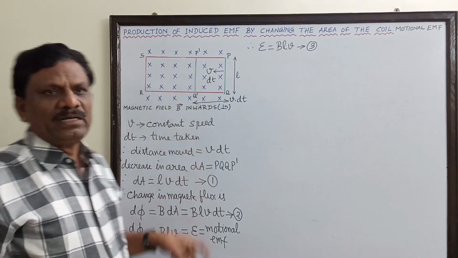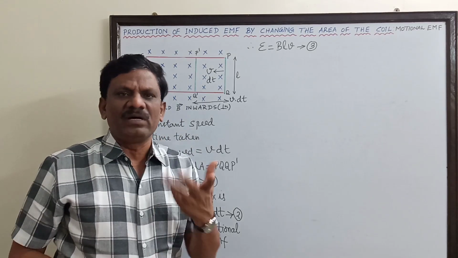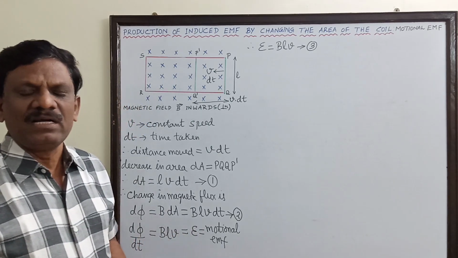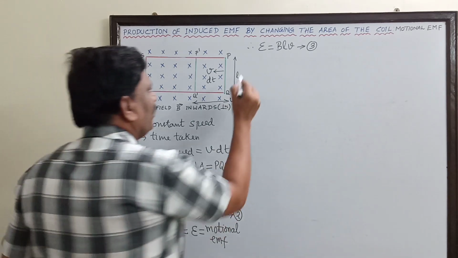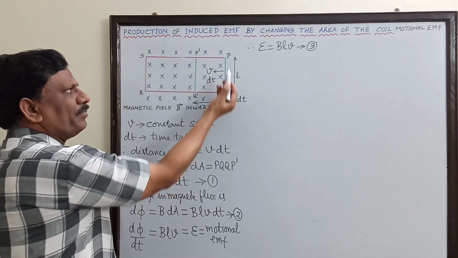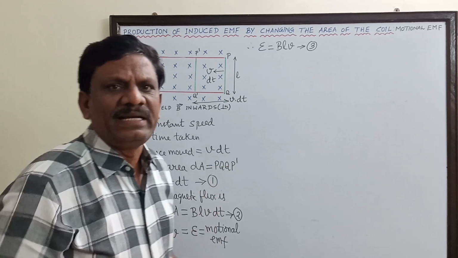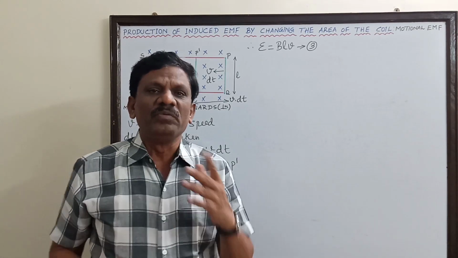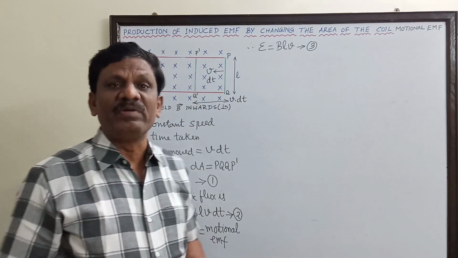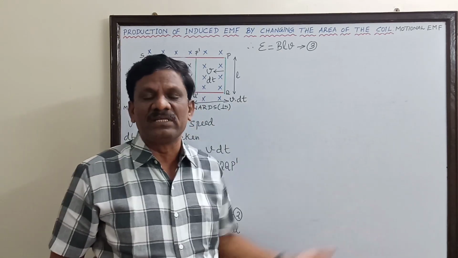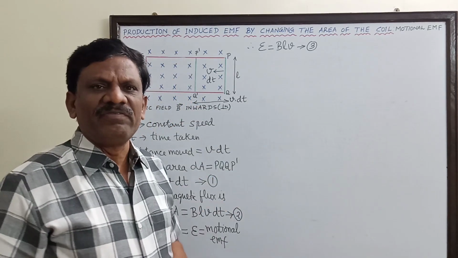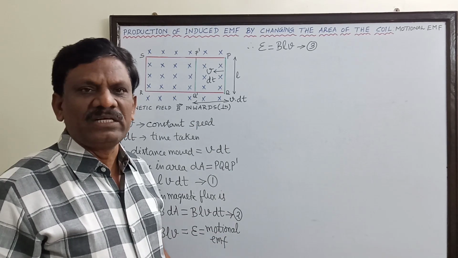Now this coil is made up of copper or aluminum or some metal only. Is it not any metal? So it will have some resistance R. So what will be the current which is induced? Because the portion PQ is moved inside a magnetic field, the flux is changing, due to which an EMF is induced. This induced EMF only is called a motional EMF because the motion of the conductor has produced this induced EMF. So if you divide this induced EMF by the resistance of the conductor, you will get an expression